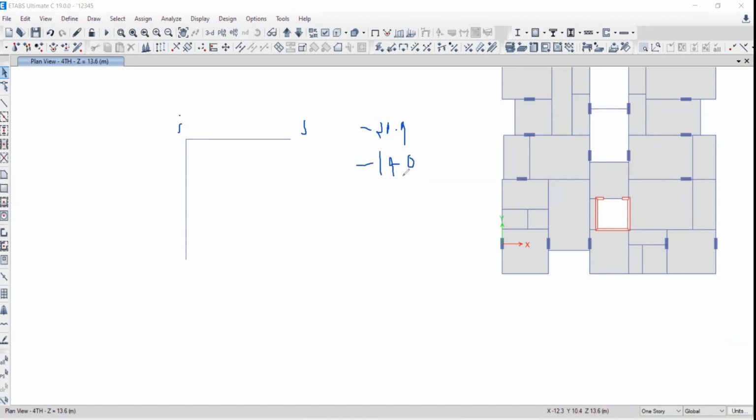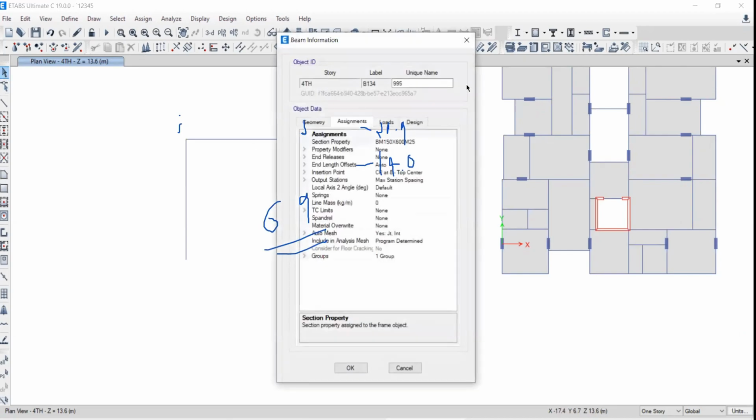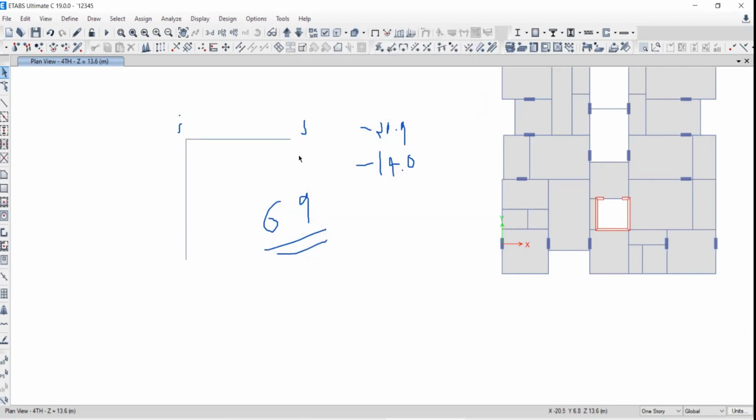Okay, 0.0. So take the difference of these two. What you will get? 6.9. That exactly you are getting. So that is the way how you will come to know what is the distance between these 2 points. So I want to shift this frame, this vertical frame, over the x-axis by the distance of 6.9 in positive